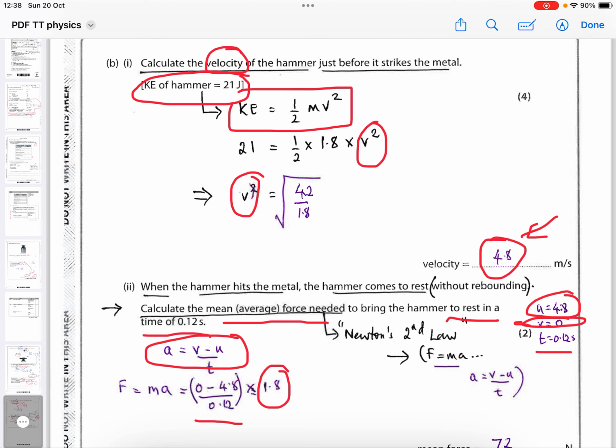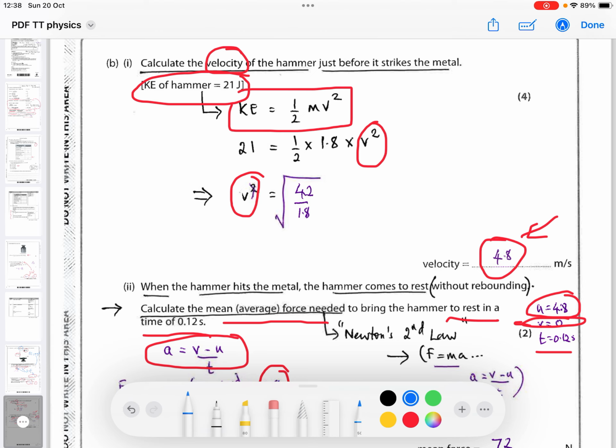Well, you need to know the equation is half mv squared. Put all the numbers in. You'll get a mark for putting the numbers in. So you'll get 1 for knowing the equation, 1 for substituting them correctly, 1 for working out the velocity, which is rearranging it to make v squared the subject, then square rooting it, and 1 for getting the answer again to 2